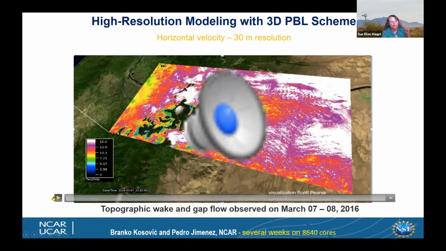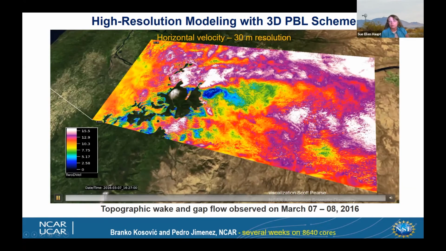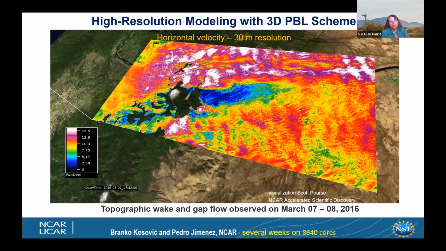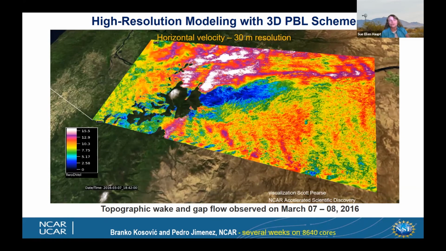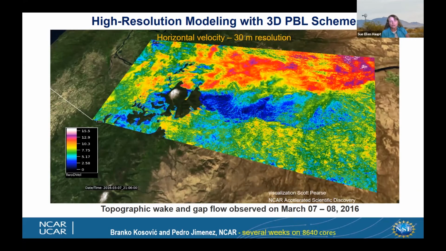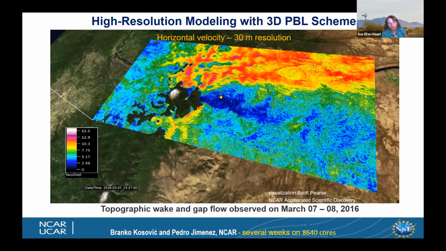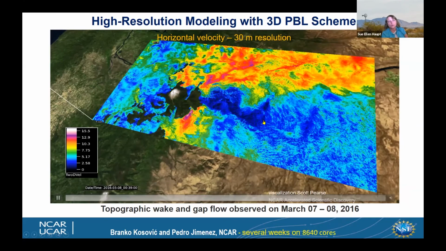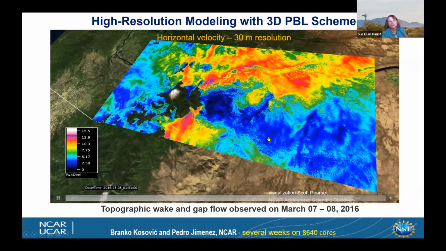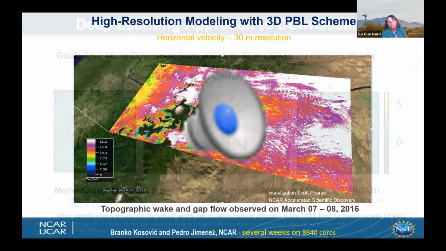And I wanted to show you this one simulation that was really a challenge simulation done on the Cheyenne supercomputer at NCAR several years ago. And it took several weeks to accomplish this 30-meter resolution simulation on 8640 cores. So it's obviously very computer intensive, but we do get this rich behavior, meandering wake that turns into breaking Kelvin-Helmholtz waves, standing waves along Mount Hood, gravity wave shedding, there's cold pools in the valleys, very rich behavior, but very